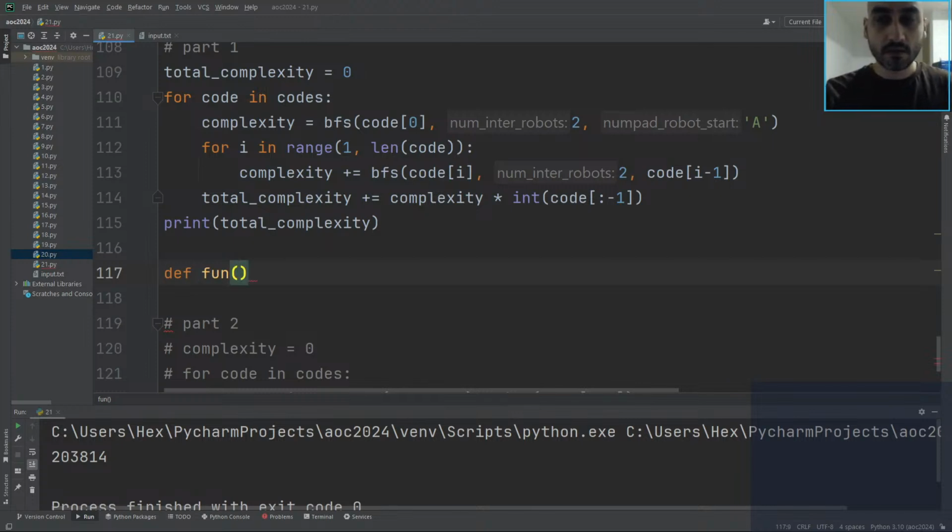Fun. Funk. So we say the robots are numbered from 0 to n, so we know which. So for a given robot,